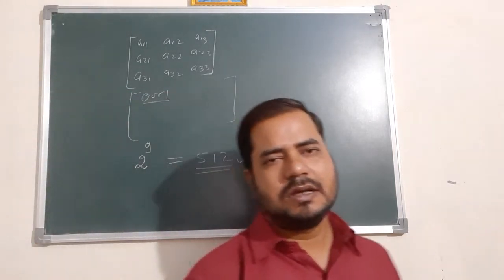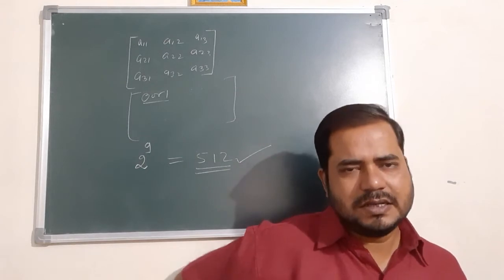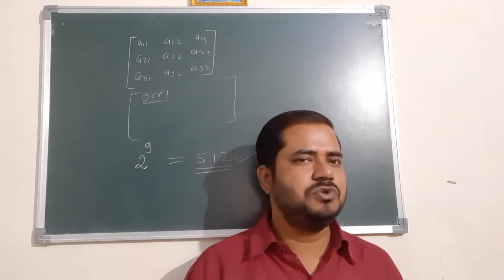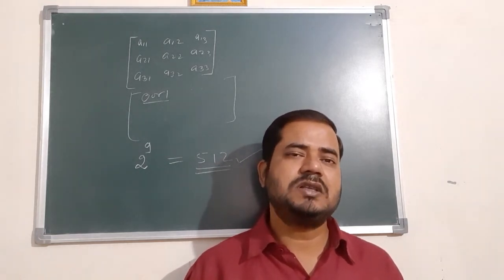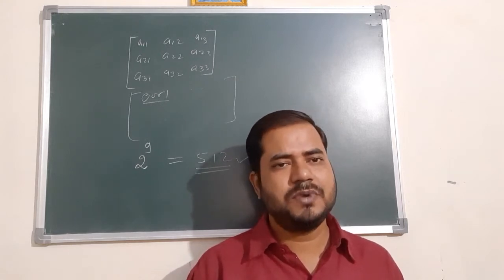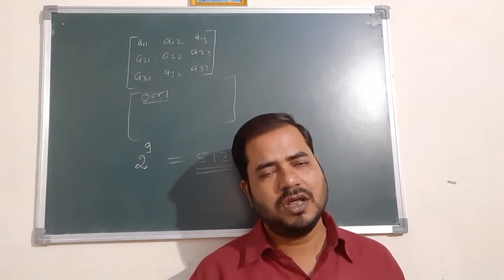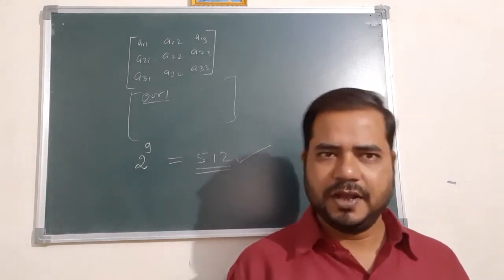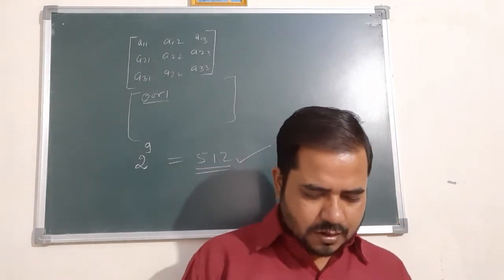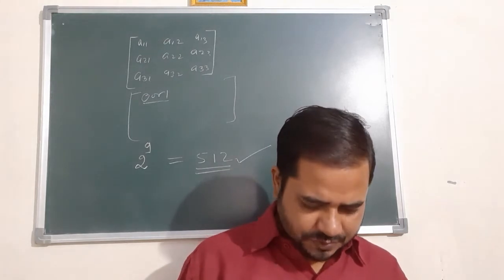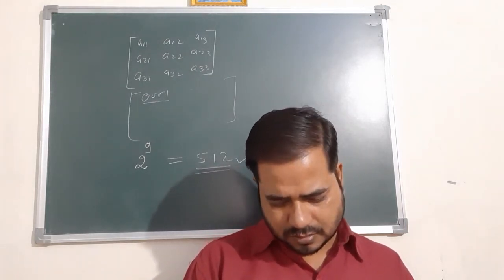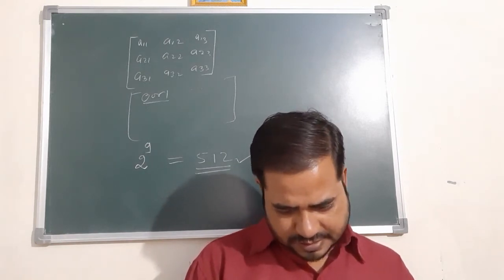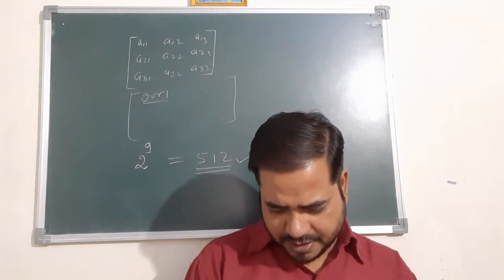So this is the method to find the number of matrices. Suppose it is a 2 cross 2 matrix, there are 4 entries, that means 2 power 4. Maybe for a 2 cross 2 matrix the entries are 0, 1 or 2, so there are 3 options in each place, so 3 power 4, 81 matrices. You may understand this one. In this manner we have to complete exercise 3.1. Now some more topics we have to discuss here, and then after that you solve exercise number 3.2.